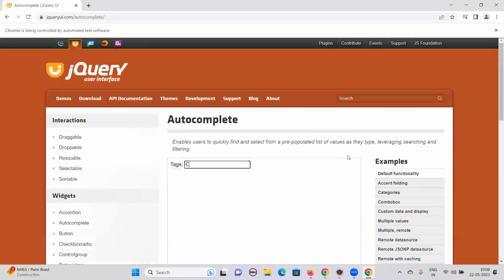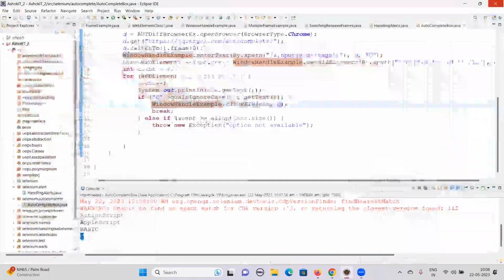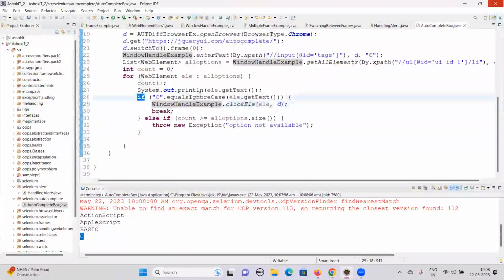See, all the Java basic concepts that we are using. Now it is selecting C, but it did not throw any exception now. It did not throw any exception because we have written the condition in such a way. First, I want to check all the options, how many options are available as part of this